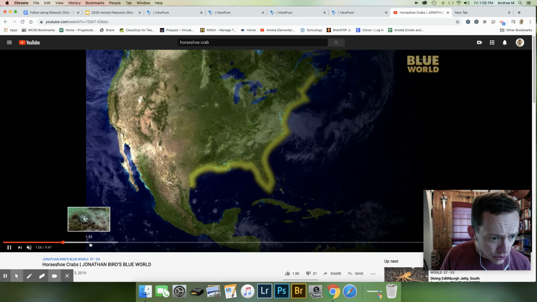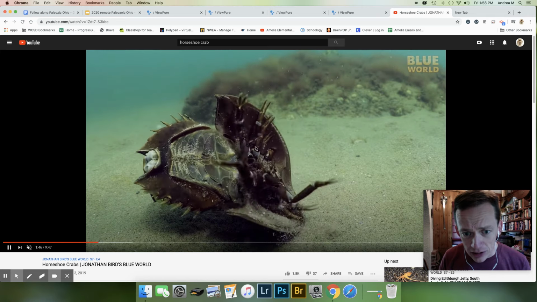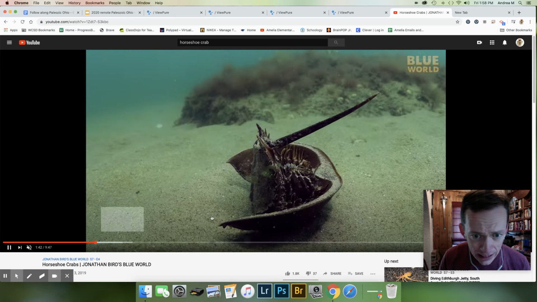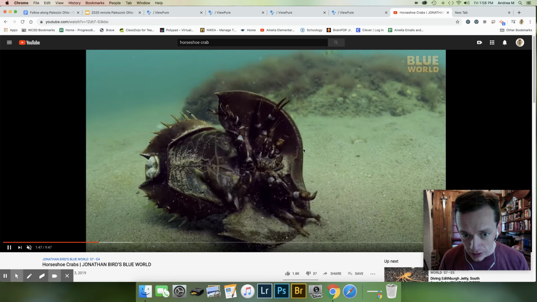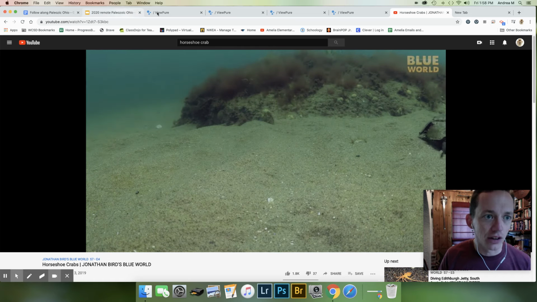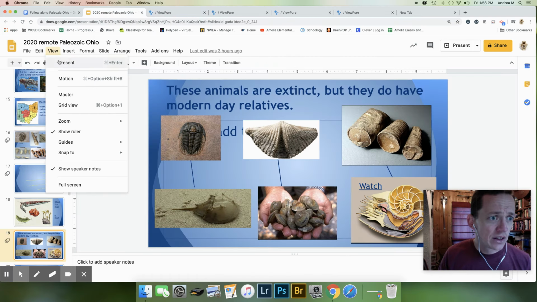And I want to show you this part here where they're turned over. They have these segmented legs underneath. These are amazing animals. Take a look at that again. So we know trilobites had legs like this because we have fossils of them, right? So these guys are great examples of modern day relatives of trilobites. Okay, so our next one